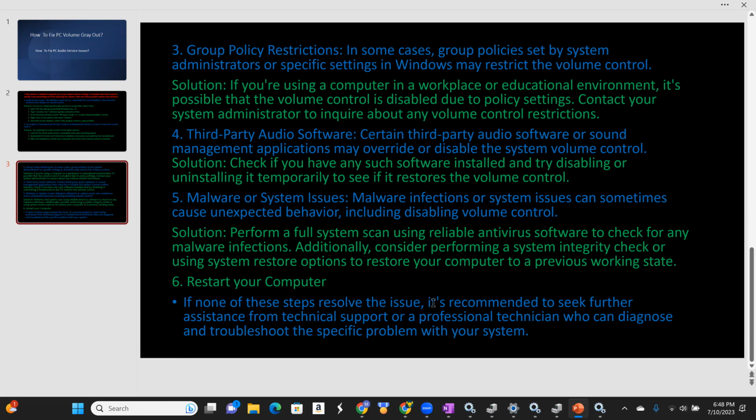You should fully scan your computer or restore it to the previous working state if possible. If you try this and it doesn't fix your computer, or your virus scan doesn't find anything,